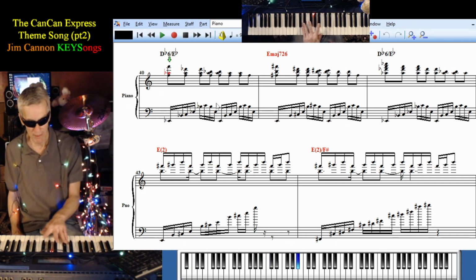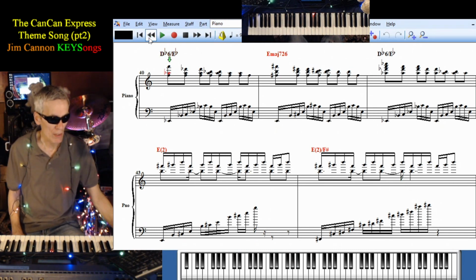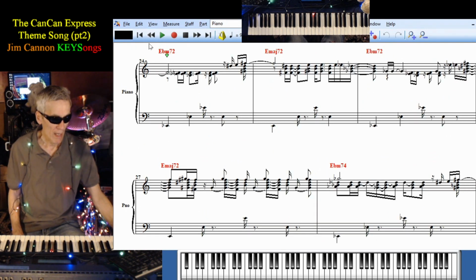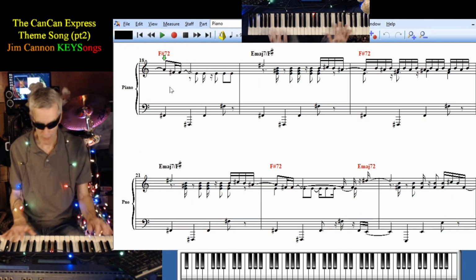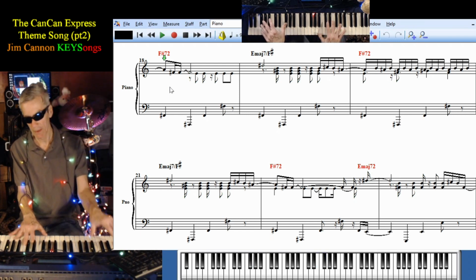Let's take it from the beginning. Go back a couple pages here. All right, so you're just doing the basic octaving here in the beginning of the chorus. You just take, I'll just take it. Here's the top page, and then